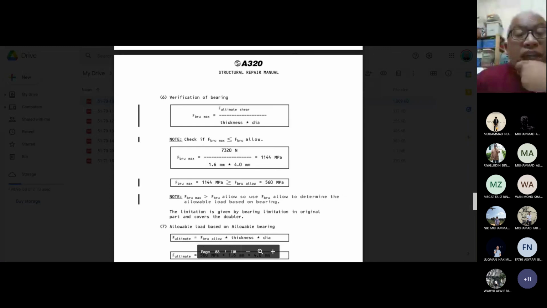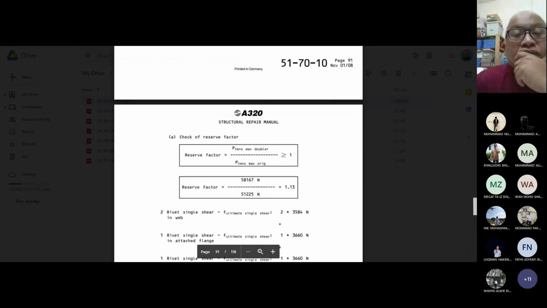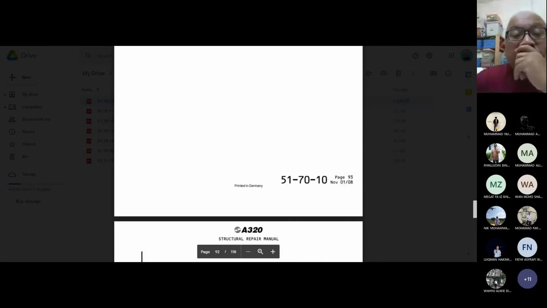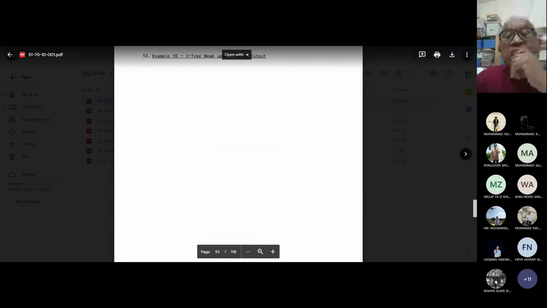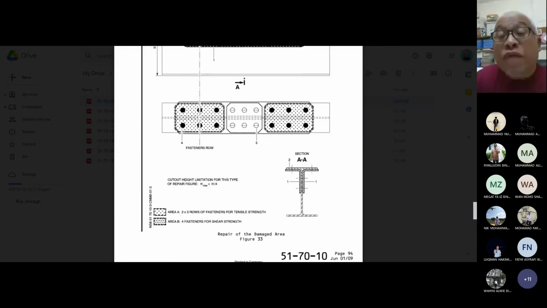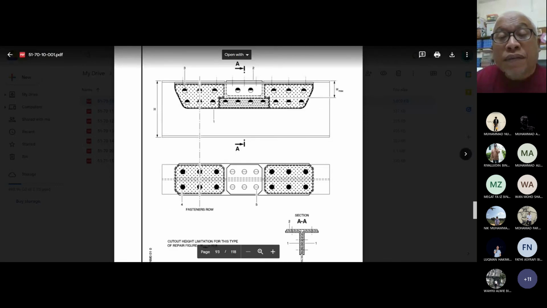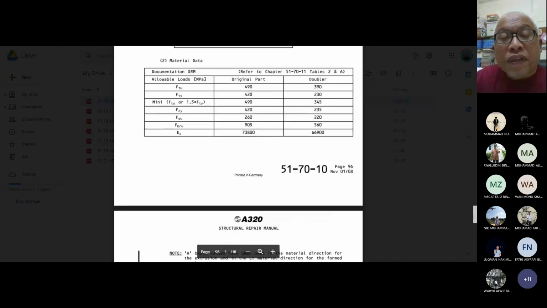And then we have example number 10. Number 10 will be I-beam, upper flange cutout. This is a strong beam, I-beam. Upper flange cutout, you cut out the upper flange and you do have L angle both sides to form the T, because this is a T section. Then the last one will be